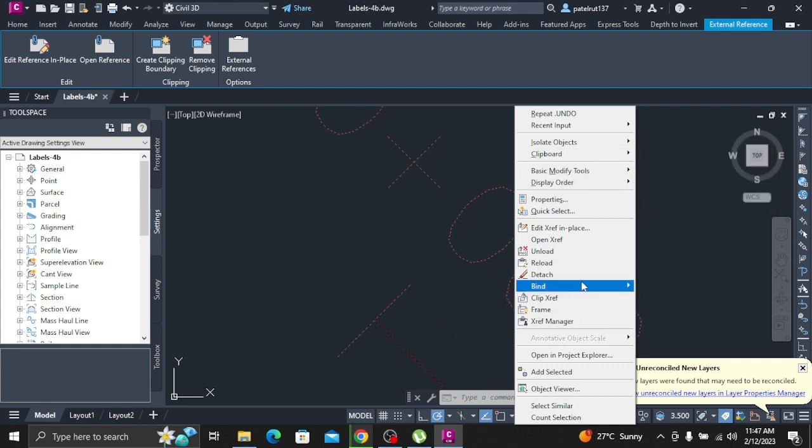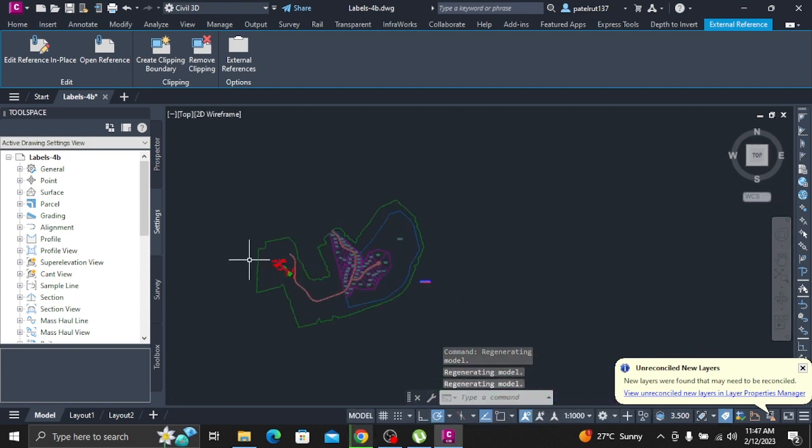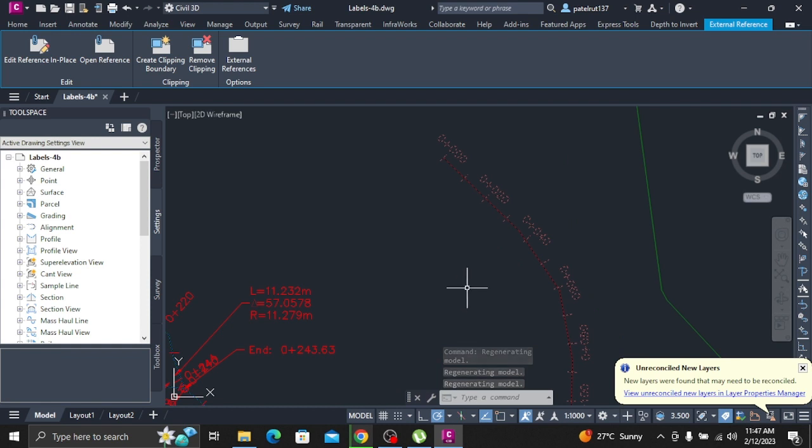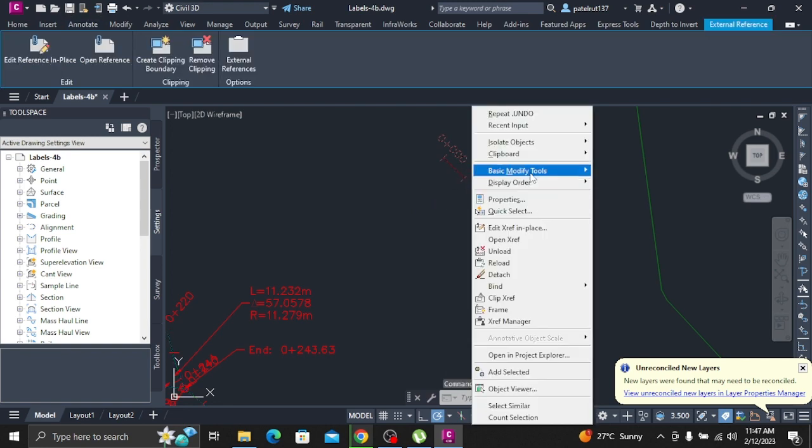Override the child label style. In Tool Space, on the Settings tab, expand the Alignment Label Styles, Station, Major Station collections. Right-click Perpendicular with Line. Click Edit. In the Label Style Composer dialog box, click the Summary tab. Expand the Component 1 property. In the Text Height row, click in the Child Override column. A check mark is displayed in the Child Override column, indicating that the previously independent property of the child has been overridden by